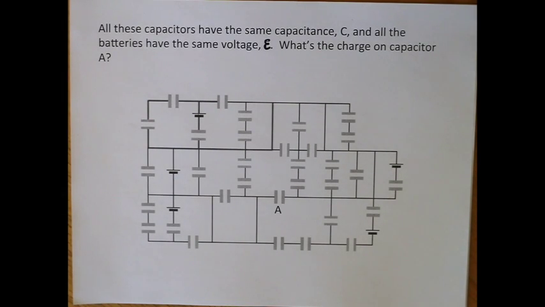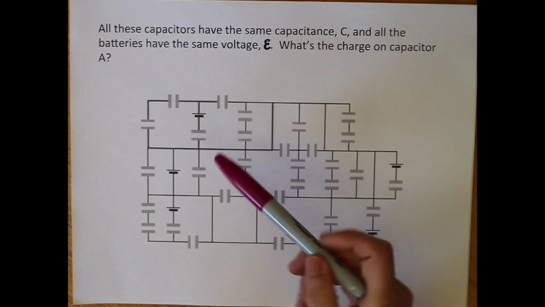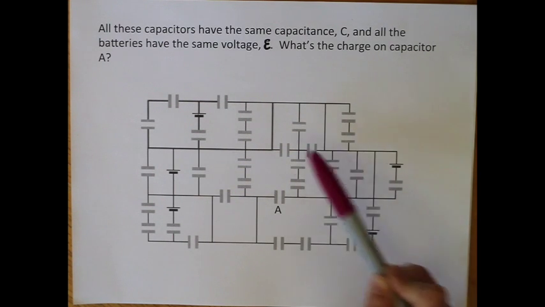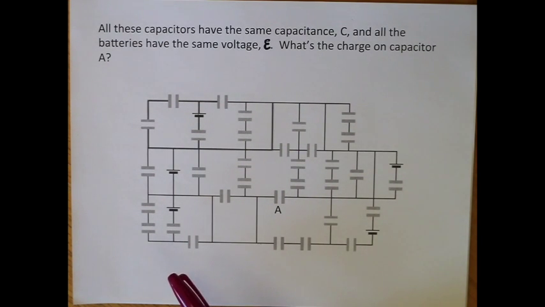Okay, here's a terrifying looking problem. We've got 5 batteries connected to a bunch of capacitors that are all fully charged, and all the capacitors have the same capacitance. And we want to know what the charge is on capacitor A. So this problem looks terrifying, but that should be a hint that there's actually an easy way to